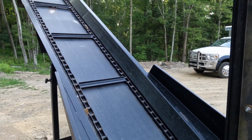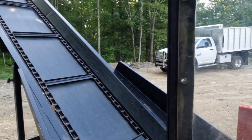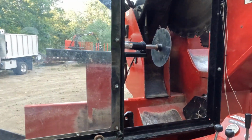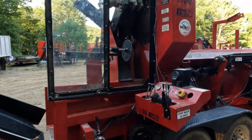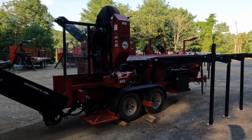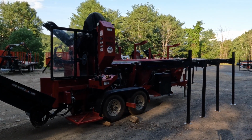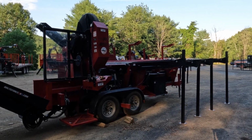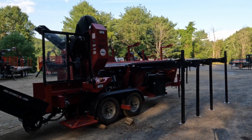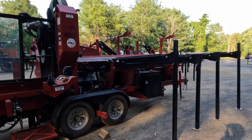Even the bar saw version will have the 24-inch wide bottom trough, double drag chain, positive log stop, last log holder. The bar saw machine does go through 30-inch diameter logs. It is not built to be fast, but it is built to handle the big, ugly stuff. So there's a gas version of the 2430, and then there's the diesel version. Gas is still the same 38 horsepower EFI, and then the diesel version on the bar saw is 56 horse,